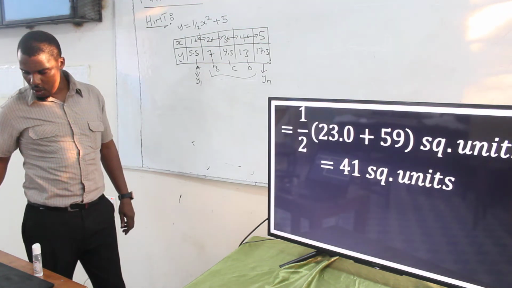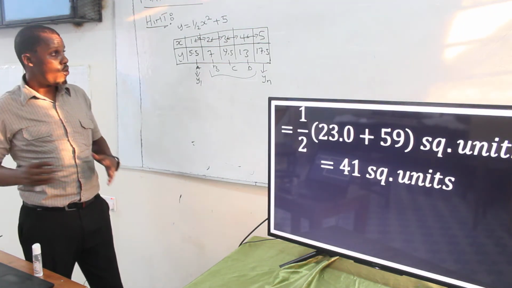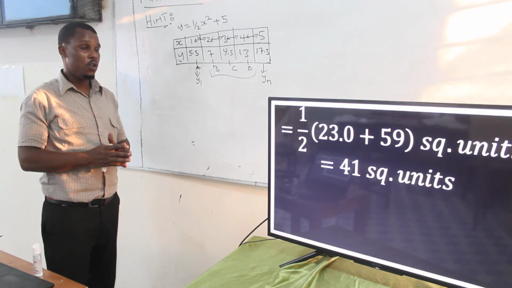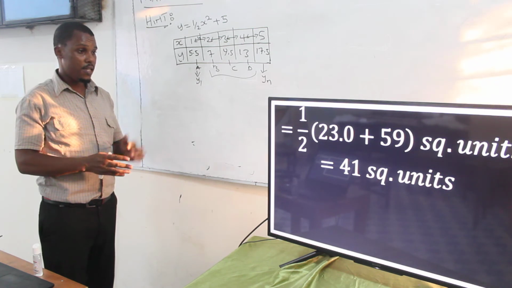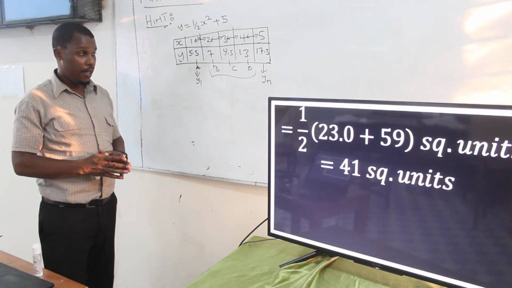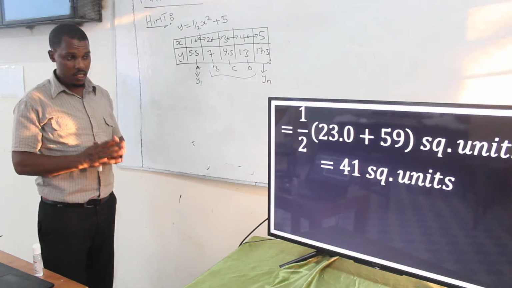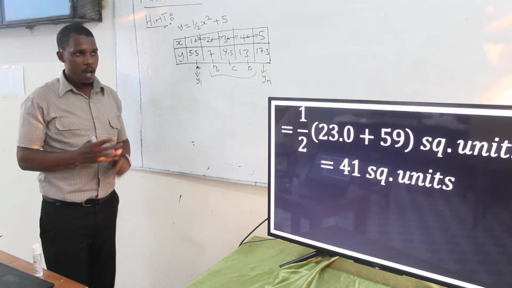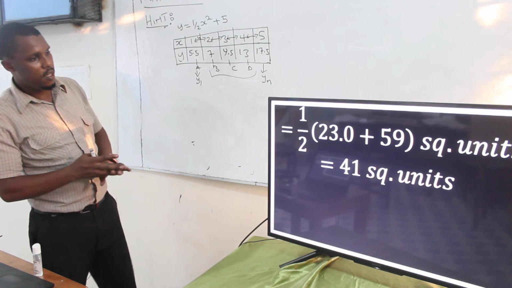So that's the concept that we're talking about. Every time you should be able to identify your Y1, and first of all understand the question, and when you understand the question, then you're not going to have any problem on that issue. So that is about the trapezium rule. We are through with our second rule of approximating the area.